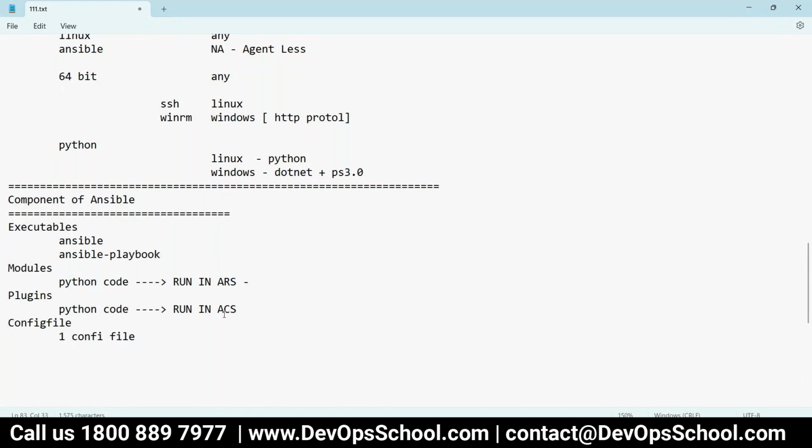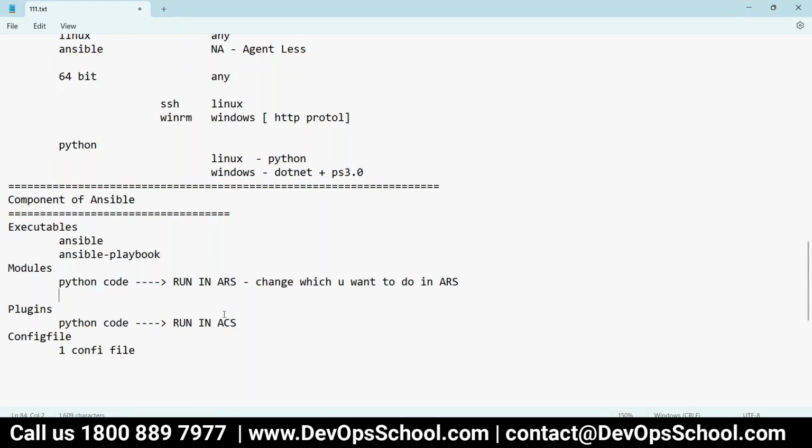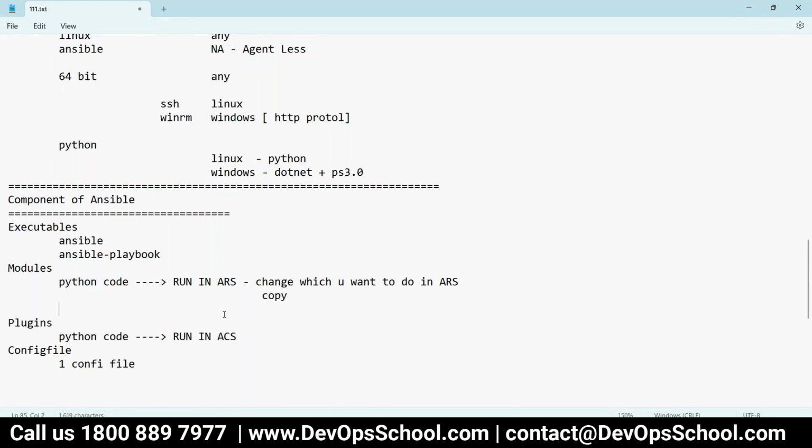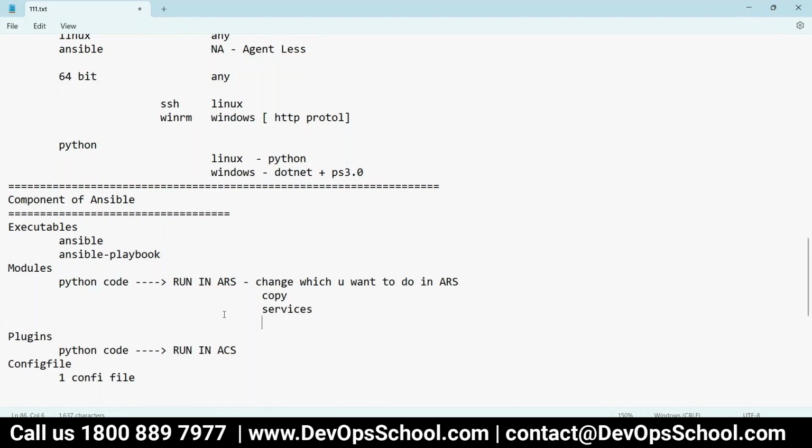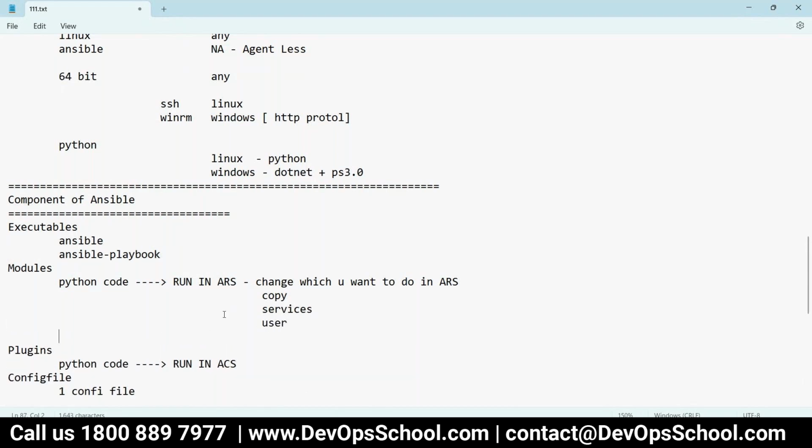So a module is a change which you want to do in ARS. Example, copy is a module, service is a module, user is a module, file, the one which I talked about, all these are modules here.